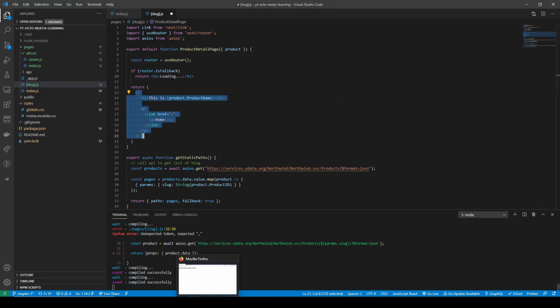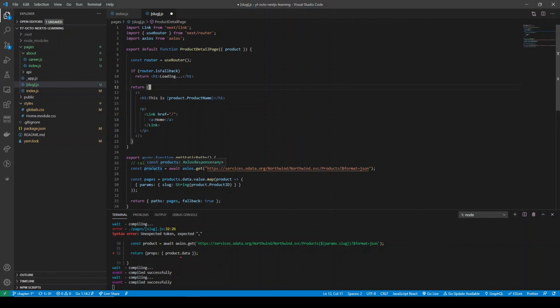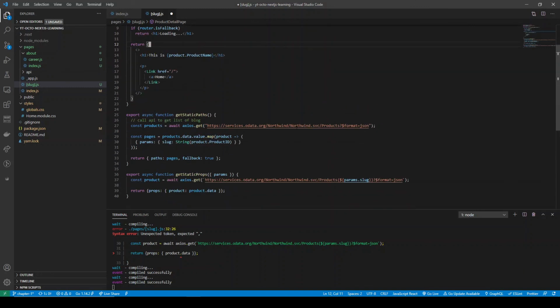At build time, what will happen if the API call or some other thing fails and the product you are passing comes as null? When you try to do null.productName, it will throw an error and your build will start failing. And even in production it might fail if you have changed the API somehow. I'll show you how, if we change the API, it can affect our